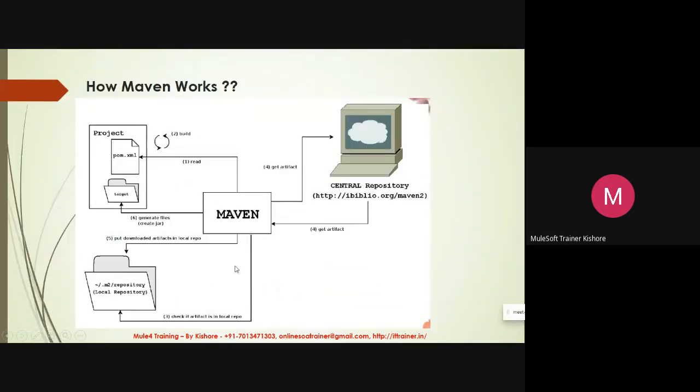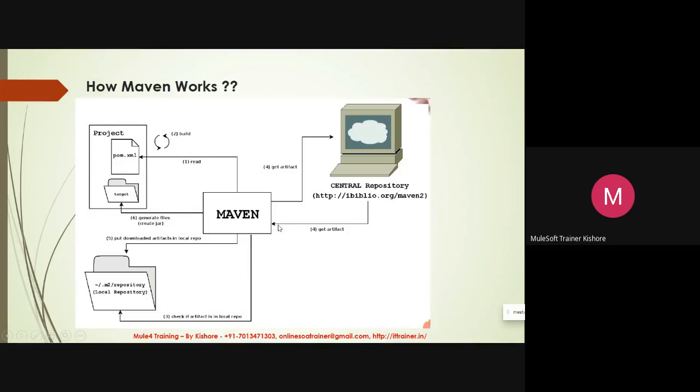It will try to get it from the local repository. If it is there, it will use it. If it is not there, it will ask the remote central repository of Maven on the internet. It needs an internet connection. The central repository will accept the request and give you the jar.